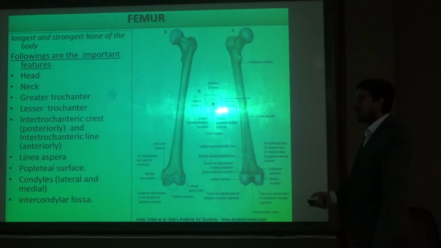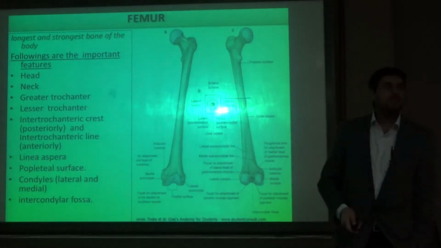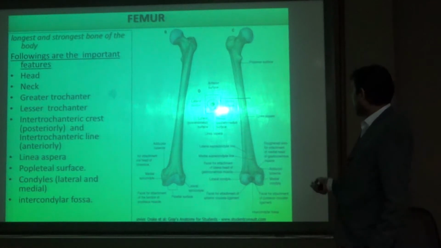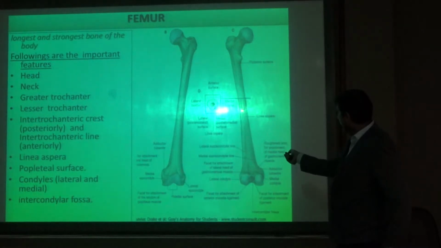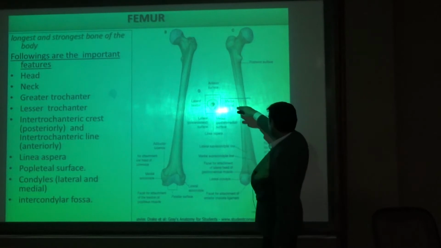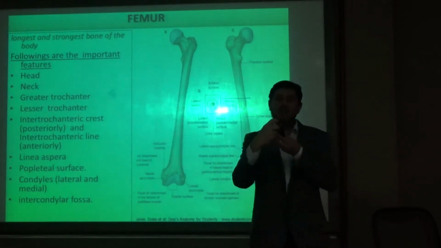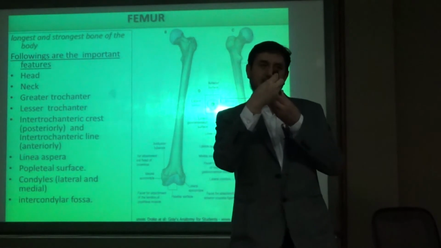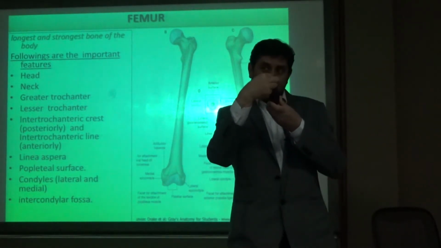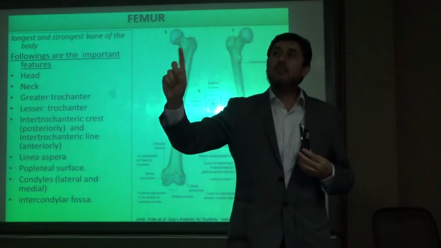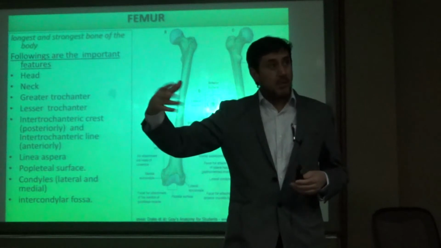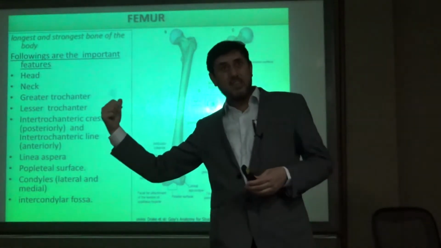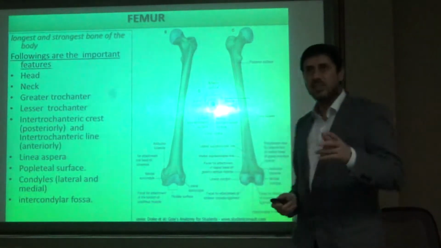Now what is linea aspera? Very beautiful name. Linea means line. Aspera on the back side. Here. This one is the back side. This one, a line on the back side. It looks like a triangle. When you cut a section, you will find it looks like a triangle. On the back side there is a narrow side, and that narrow side is known as linea aspera. After a few minutes everything will be clear. Listen to me carefully. I am sure at the moment you cannot speak, but after 1 minute everything will be clear. You will speak better than me. Listen.